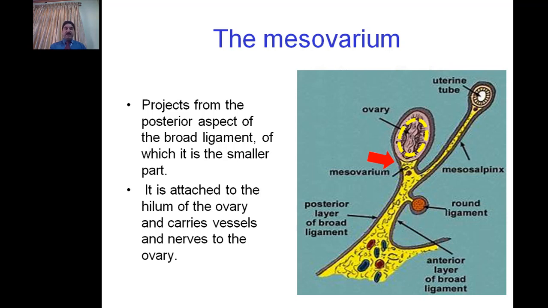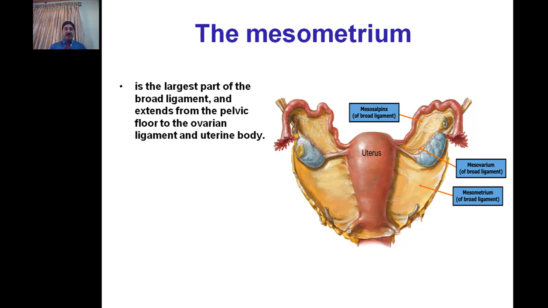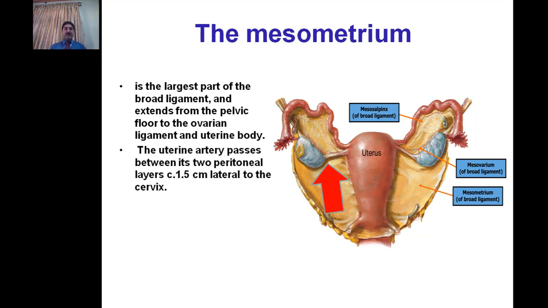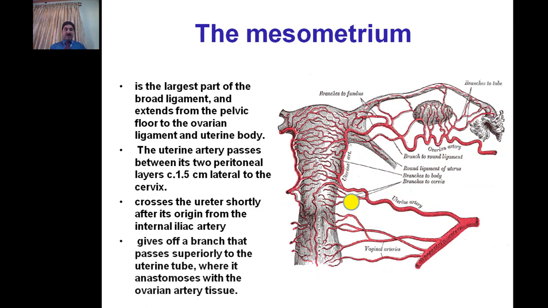Mesometrium is the largest part of the broad ligament and extends from the pelvic floor to the ovarian ligament and uterine body. The uterine artery passes between its two peritoneal layers about 1.5 centimeters lateral to the cervix. Uterine artery crosses the ureter shortly after its origin from internal iliac artery. Shown in this diagram, it gives off a branch that passes superiorly to the uterine tube where it anastomoses